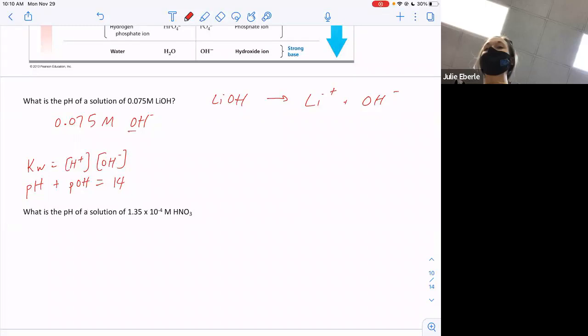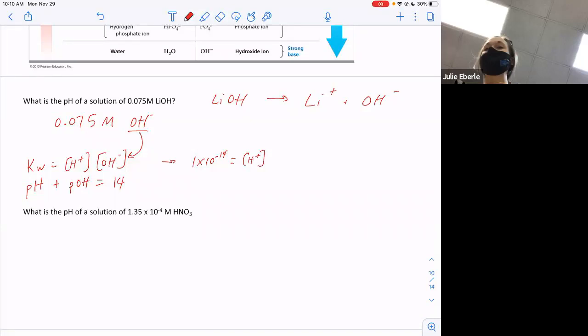We got the concentration of OH minus, right? So we could plug that right in here into the equation for KW. What can we solve for at this point? We can solve for H plus because we know what KW is. What is the value of KW? 1 times 10 to the negative 14. So come right over here. We'll say 1 times 10 to the negative 14 equals the concentration of H plus